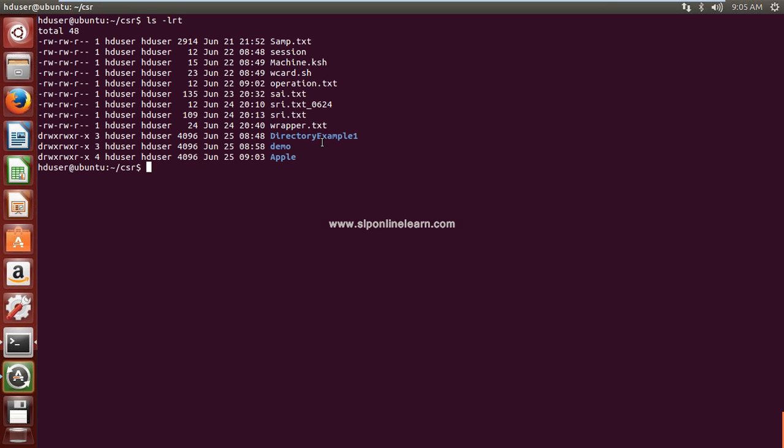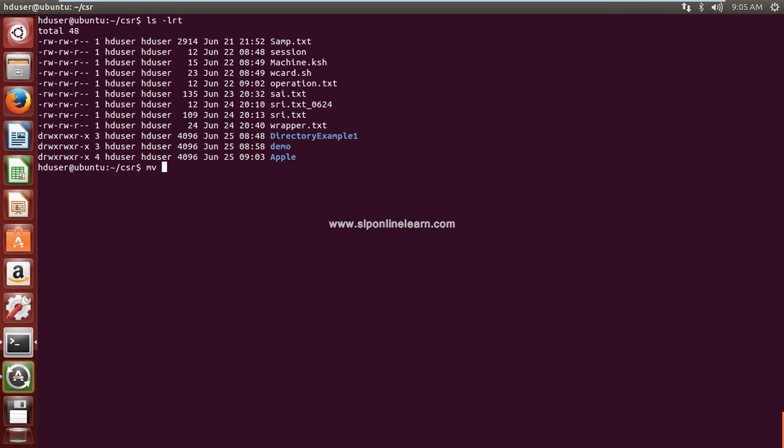So this is the mv command. The mv command is used to move files or directories from one location to another, as well as to rename files or directories. Similar to the copy command, this command also requires two parameters: the source and the target or destination.